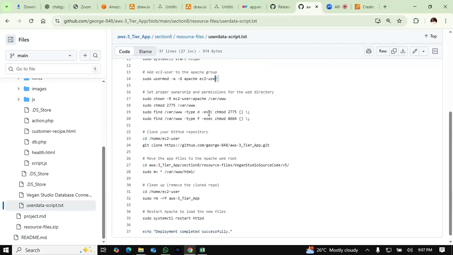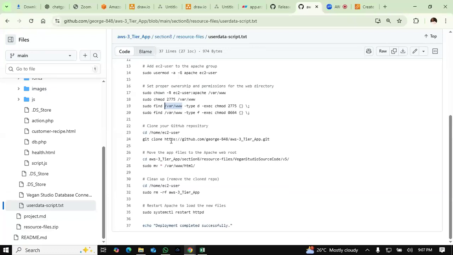Okay, and then we'll give the ec2-user some privileges or access levels, okay, to be able to access this root, or this directory within the instance. Then after it has done all these things, it will cd into the user home folder,